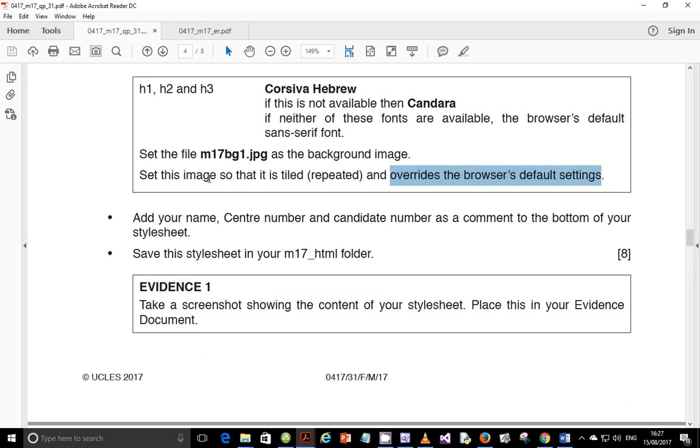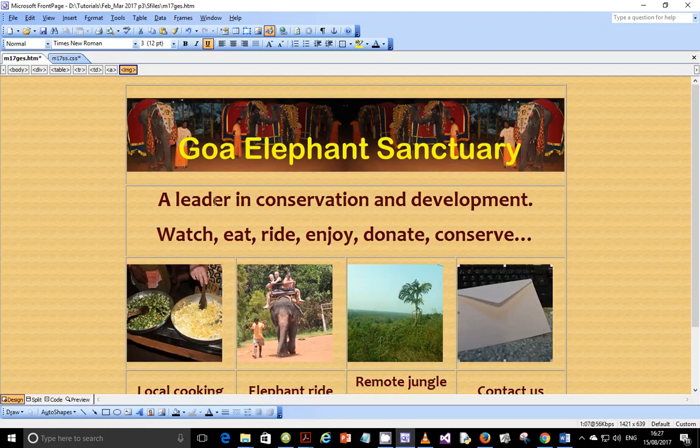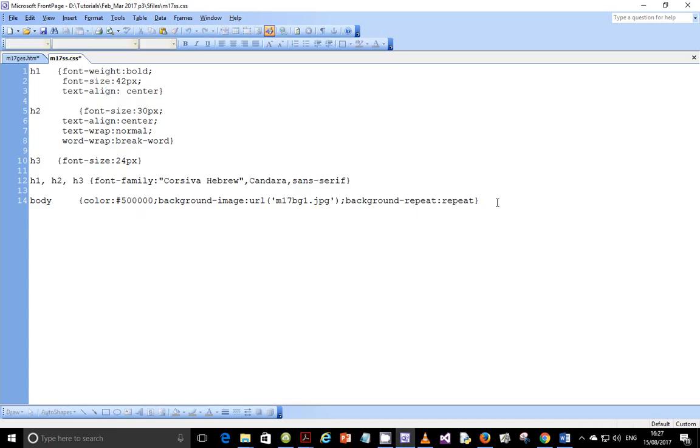Okay, so we are done with this part. The next part was just to add the name, center number, and candidate number as a comment to the bottom of your style sheet, and then save this style sheet in your M17 HTML folder. Okay, so what I'm going to do now is to go to the style sheet, and before I add the